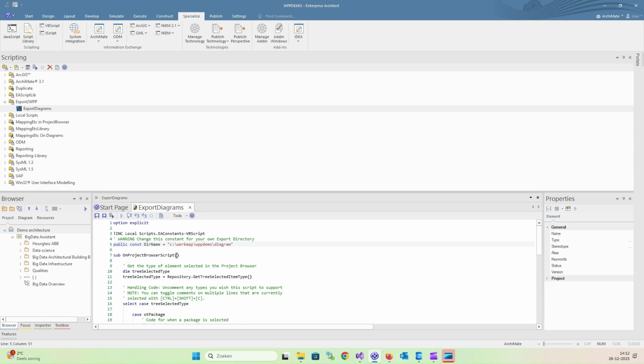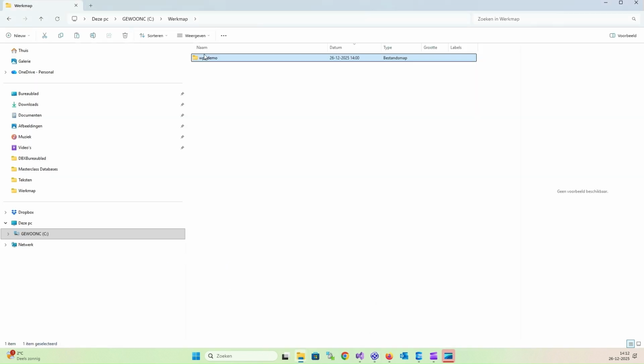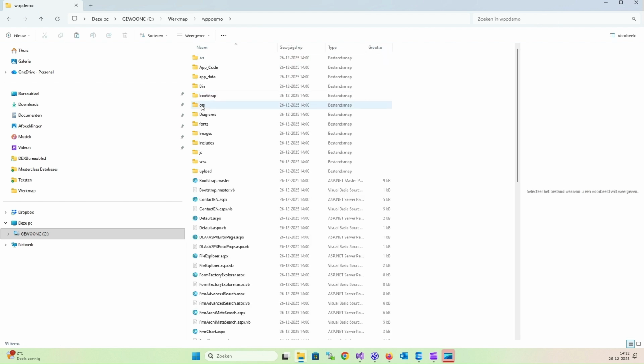And now I can store this file path, and I can do a check here. And yes, here we see there's this file, and here is WPP demo and diagrams. And yes, this is exactly